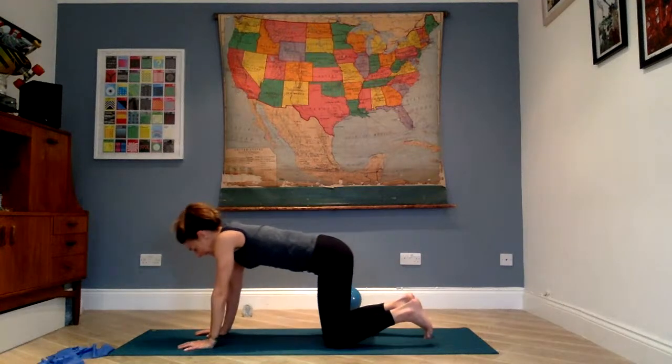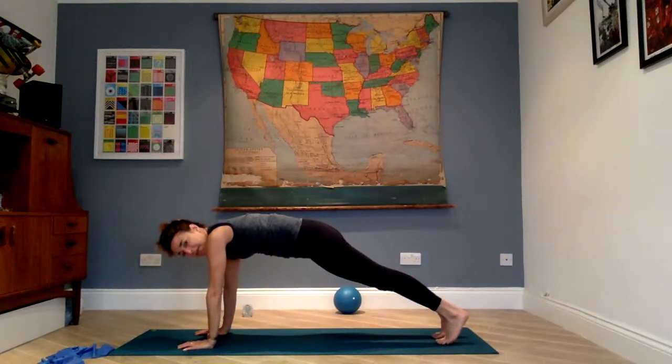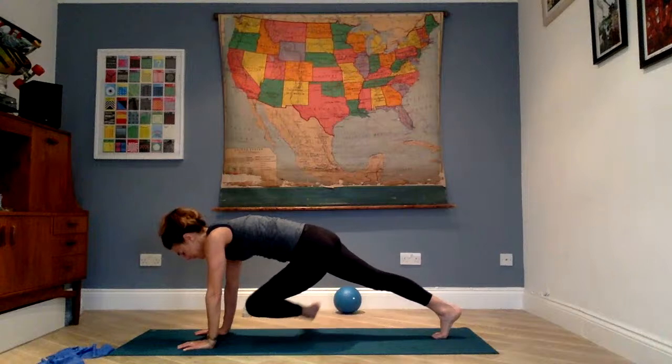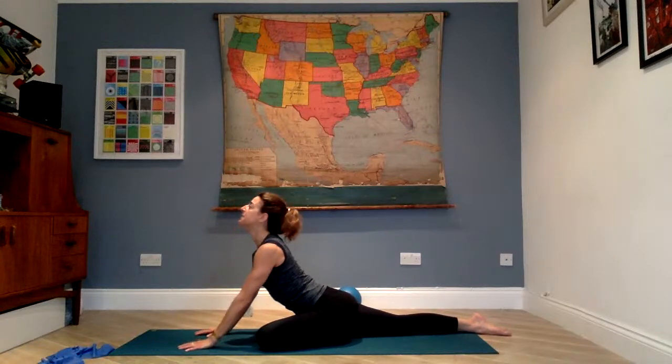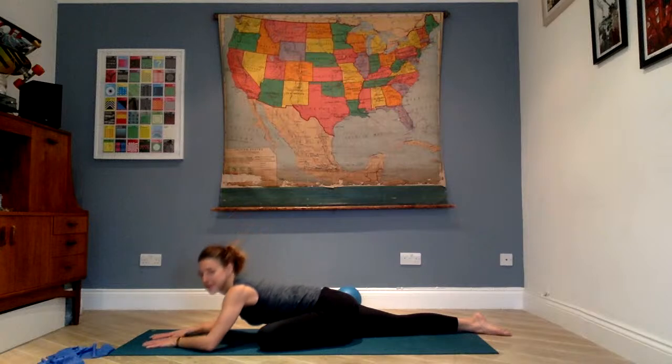Now let's come into a plank. With your knees up, head up. Swing your left foot under the body. Left knee just outside of your left arm, and then right leg is back. So imagine somebody's dragging you back by that right leg. Look up to the ceiling, shoulders nice and wide, and then down to your elbows, down to your chest, and